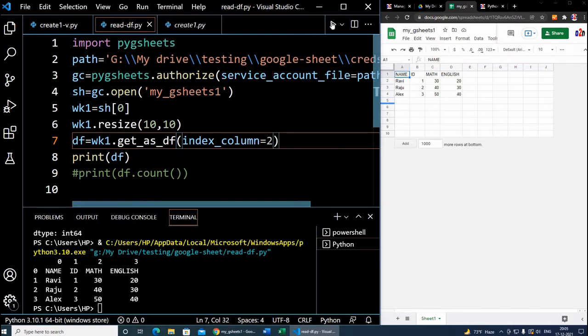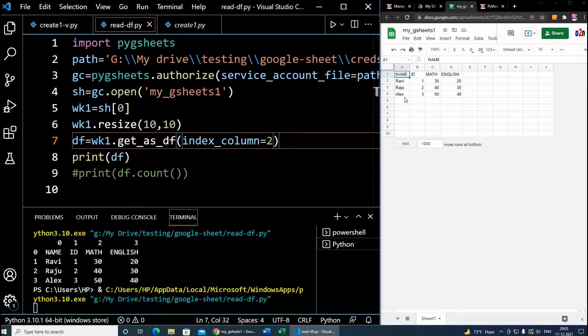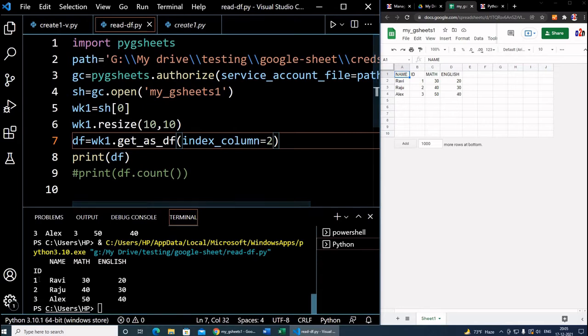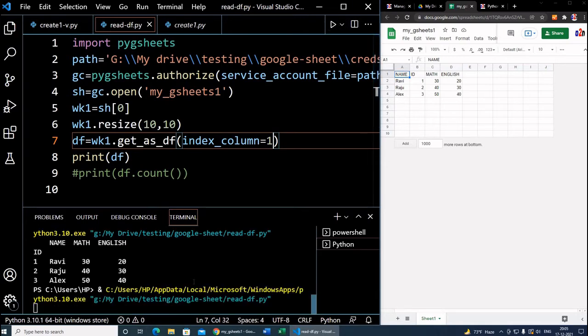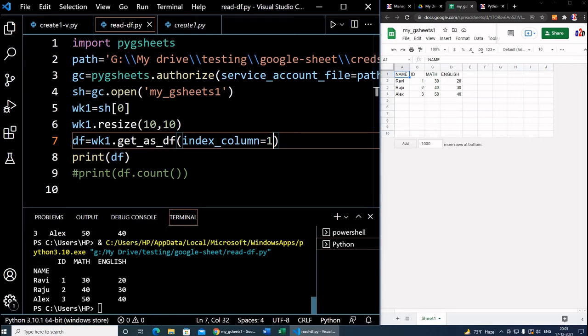Let's save this and run. You can see the id column has been used. Now if I want name as my index column, let me make it 1 and see how that works. Now the name will be used. You can see the name is used as the index.